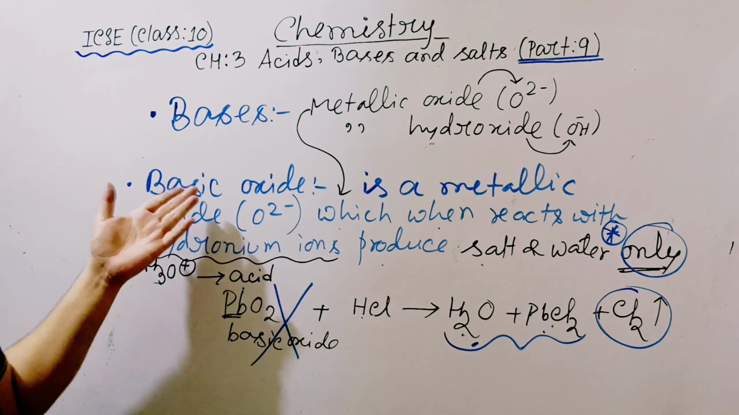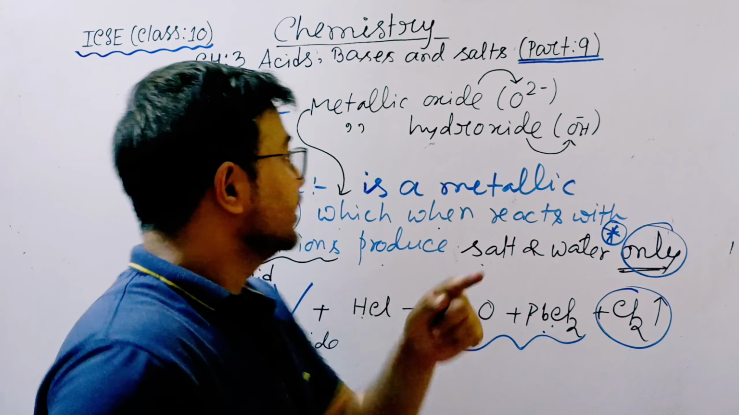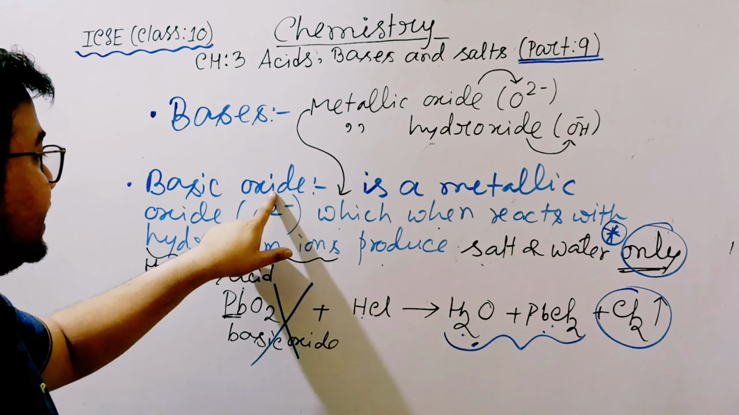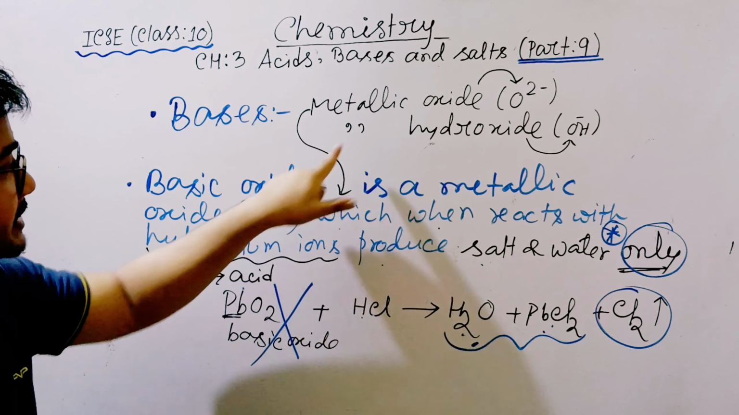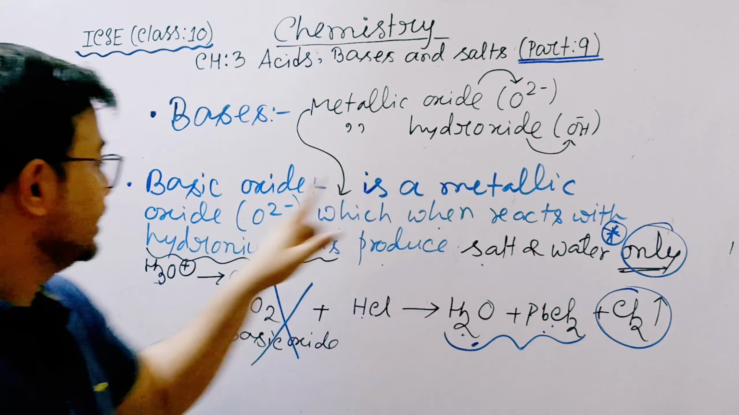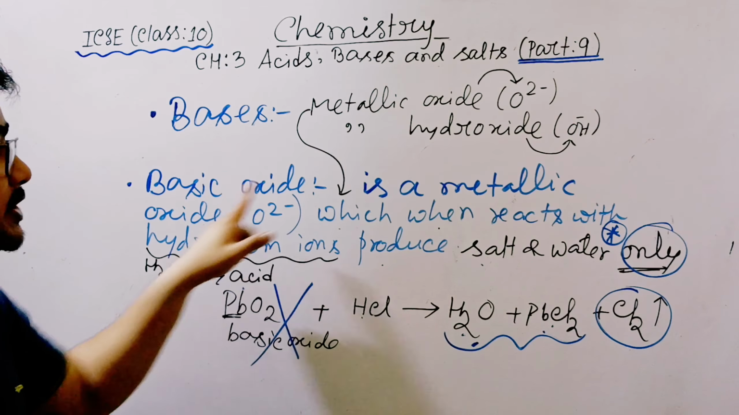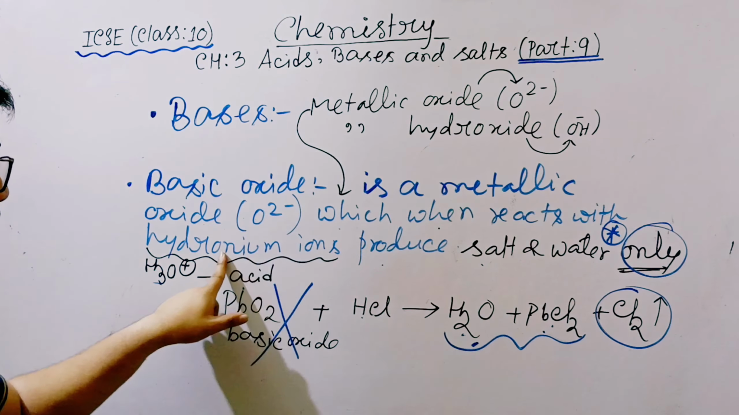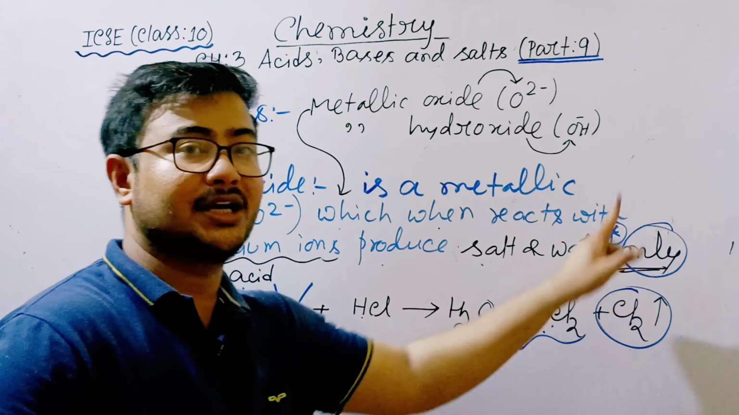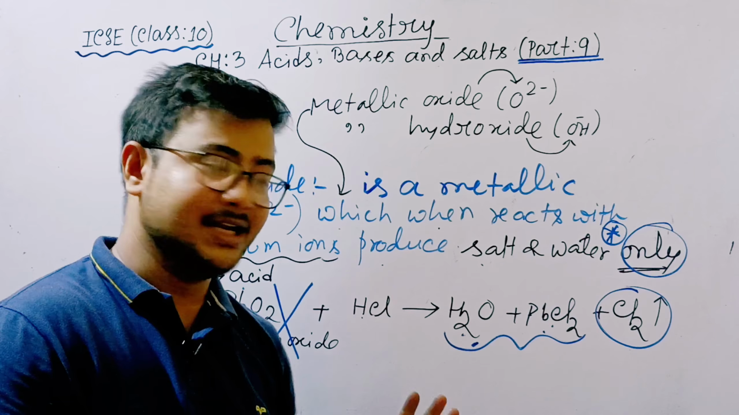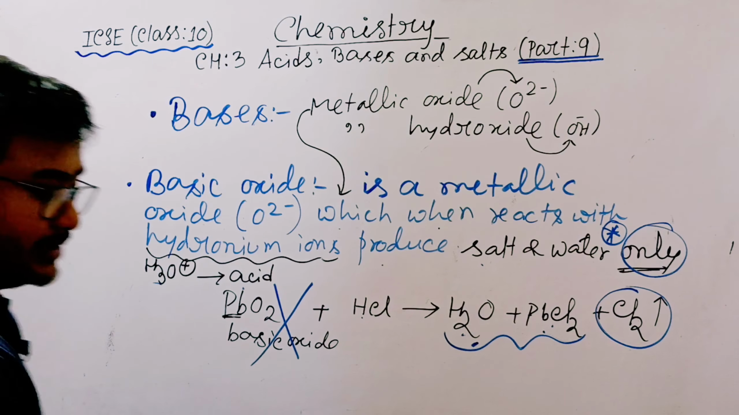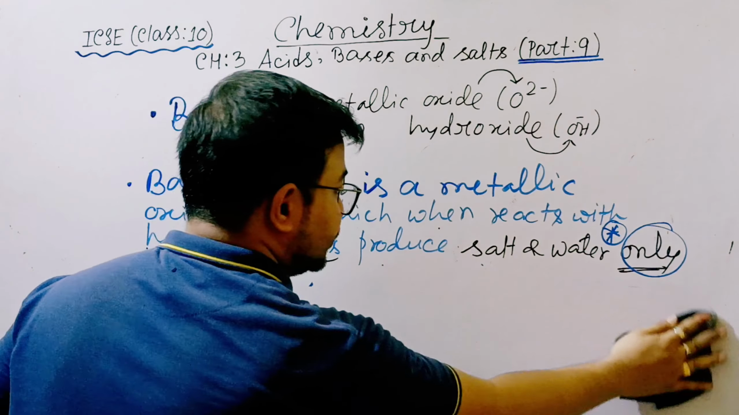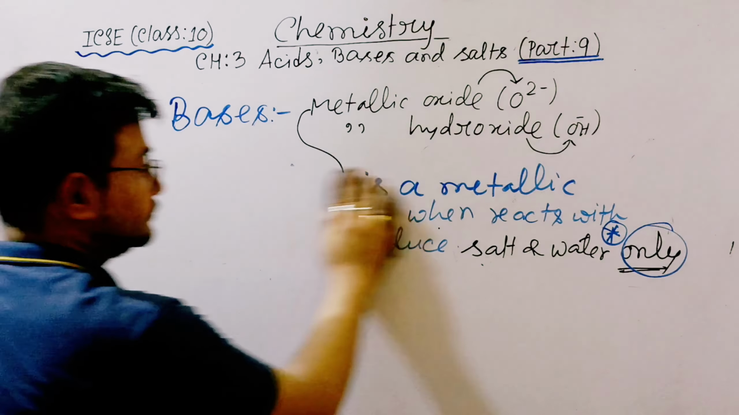Done? Okay. So from this, can you tell me the definition of basic hydroxide? So basic, same, right? Basic hydroxide is a what? Metallic hydroxide, within bracket OH minus, which when reacts with the same hydronium ion produce salt and water only. Okay, do you understand? Same to same. Now if I try to give an example, so metallic hydroxide,